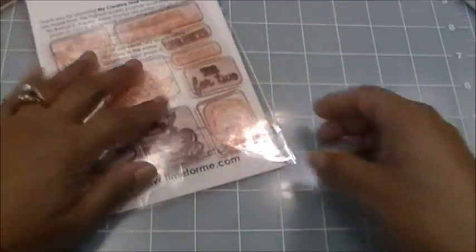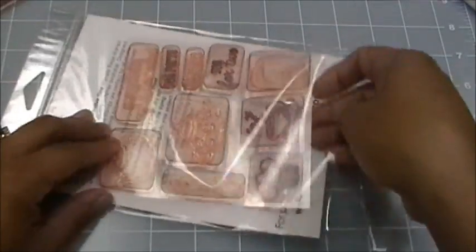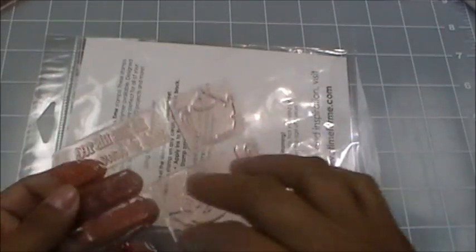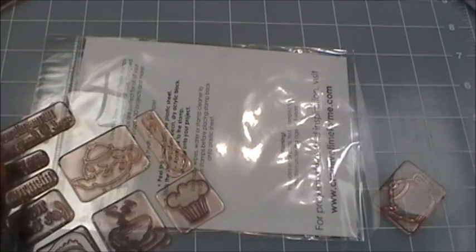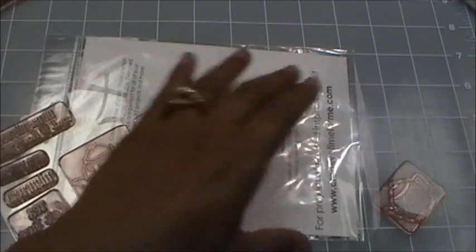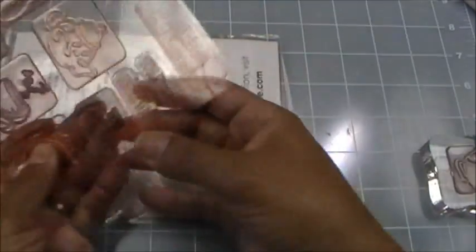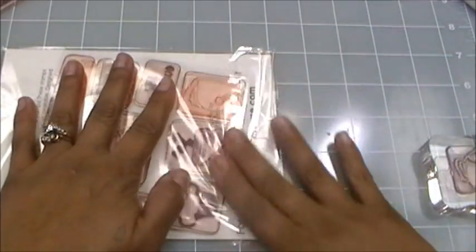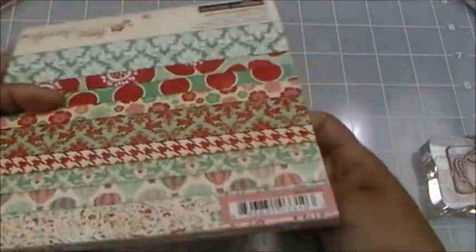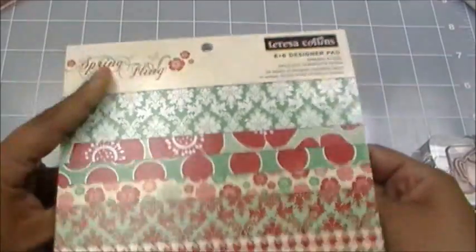Today, we're going to do some paper piecing. For those of you who are not comfortable with coloring, like myself, I thought it would be a good idea to show you how to paper piece your images, so you don't have to worry about all of that coloring, especially if you don't have Copic markers, because not everybody has those nowadays, since everybody uses their Cricut. I'm going to be using the Teresa Collins Spring Fling